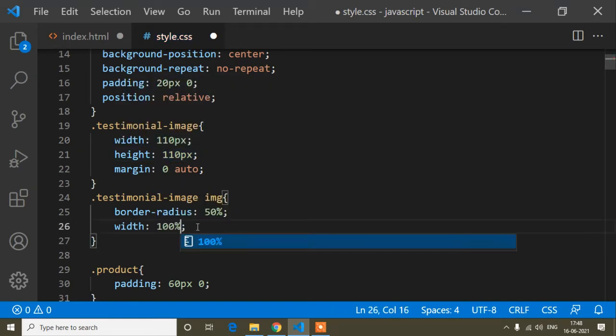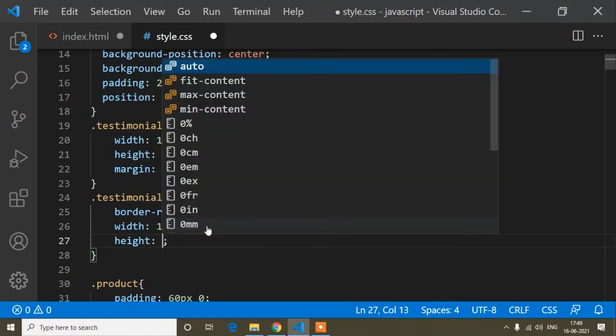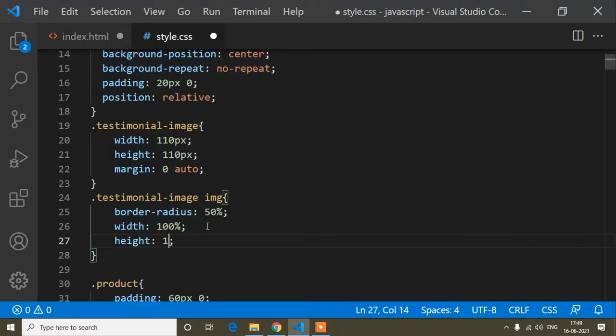That means if the parent width and height is 110, and I write 100% here, it will go up to 110 pixel. So height is 100 percent, otherwise you can write 110 pixel also here. Okay, that is the same thing.